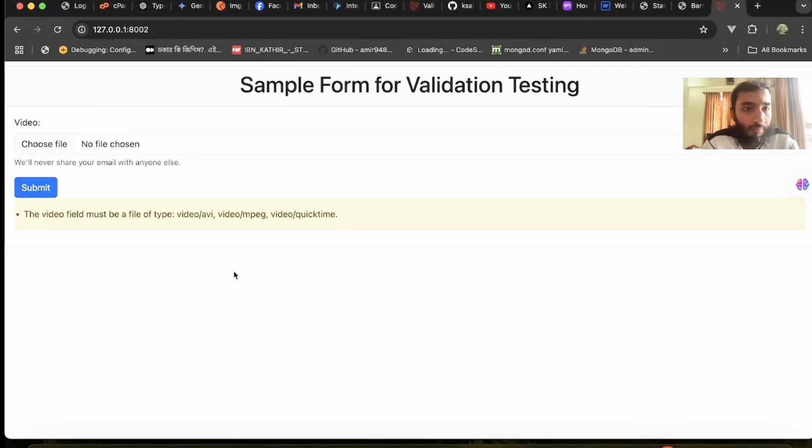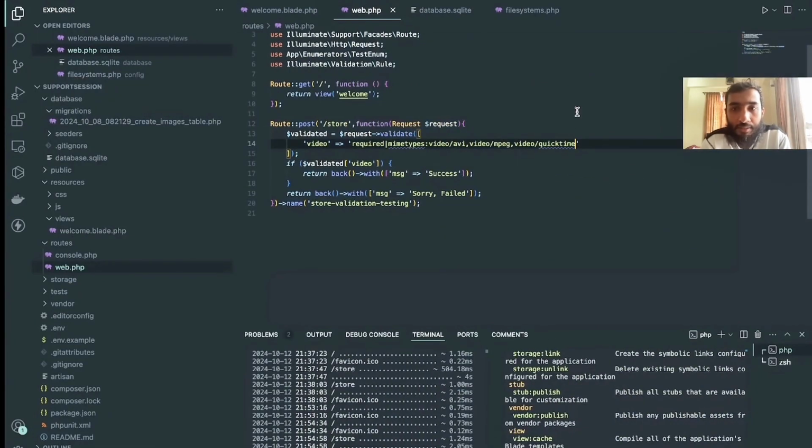So let's see. So the video field must be of a type. These are the 3 types that are accepted. Okay, these are the 3 video or MIME types that are accepted. Outside these 3 types, other video files like .mp4 files will not be accepted. So now if I add, let's say, video slash mp4,